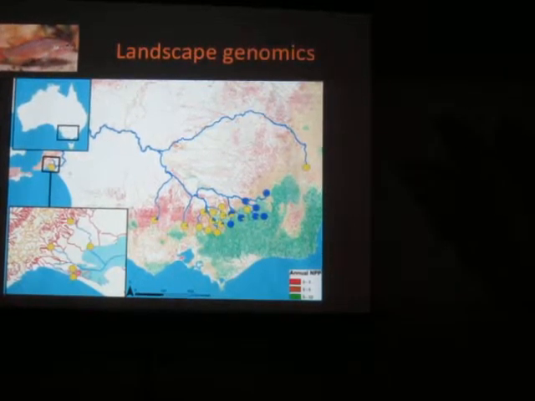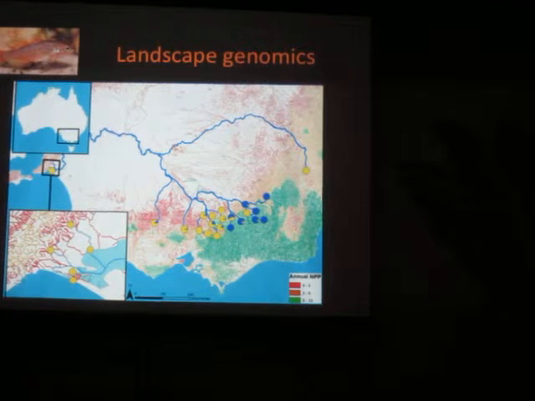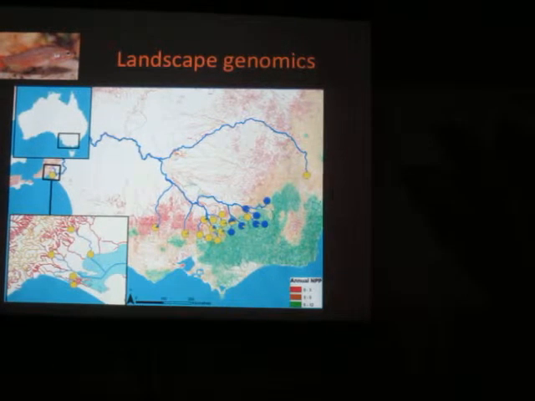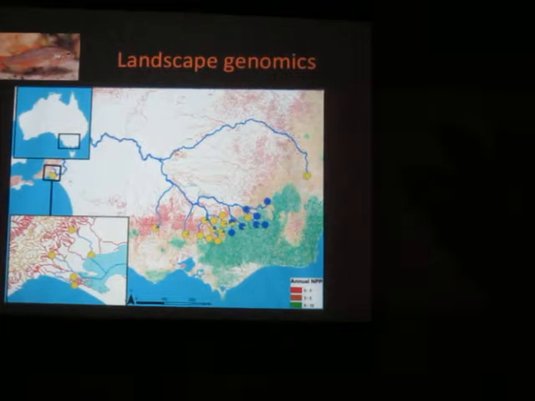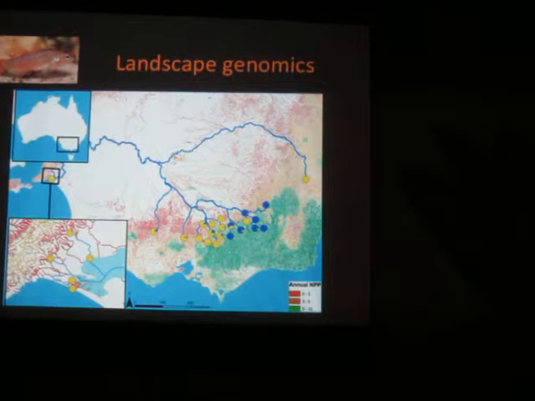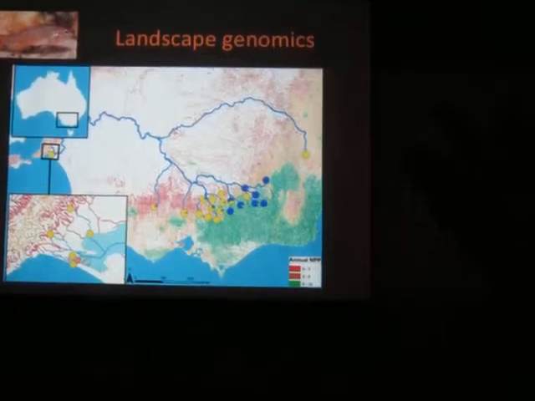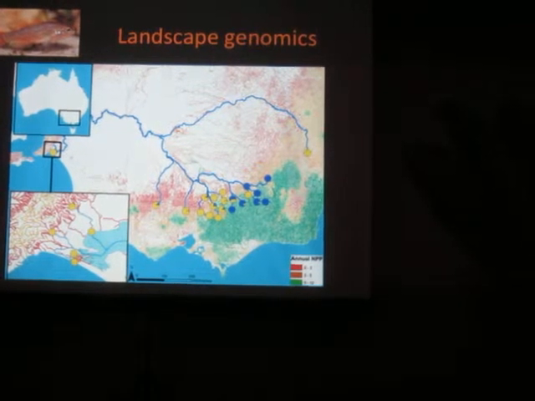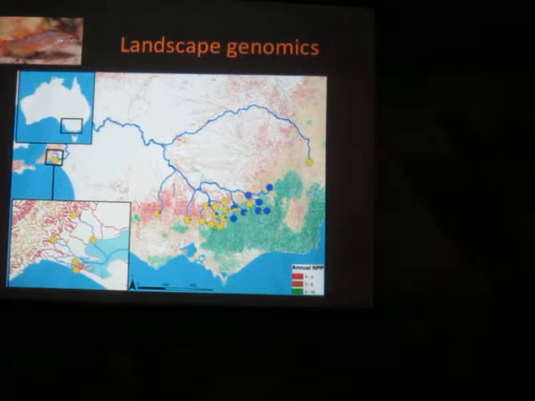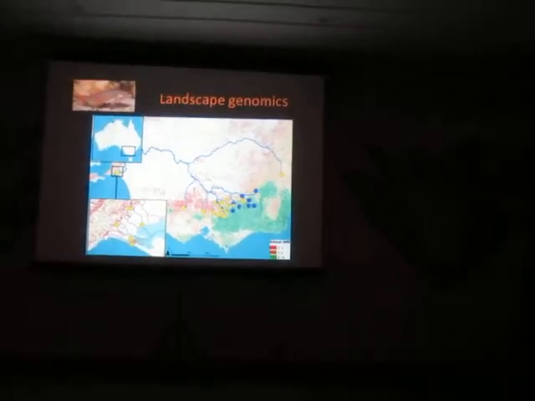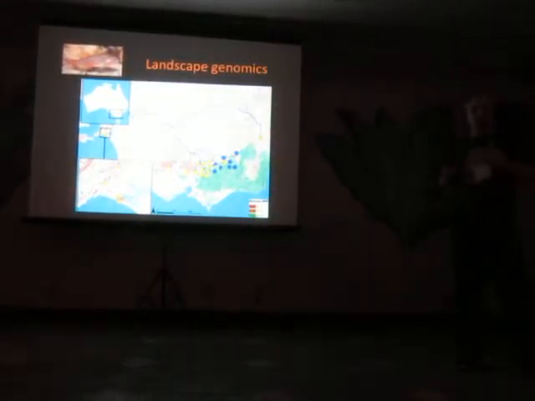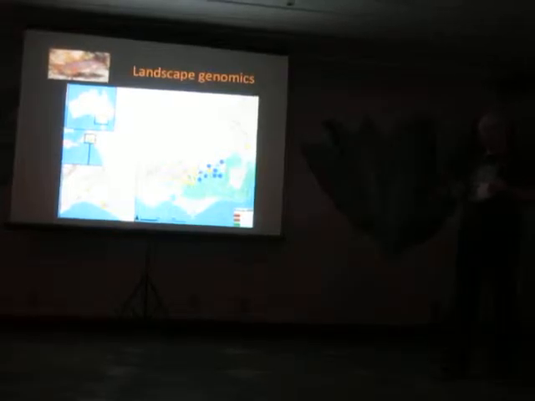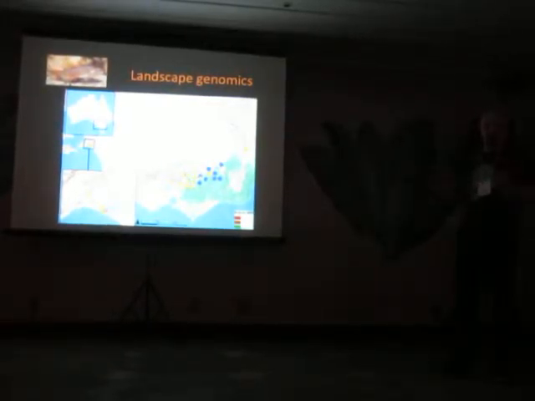So this approach is just the beginning, and the next step, as I said, we're doing some RNA-seq as well, and we also have access to a transcriptome from another local fish from the same family. And so once we get together a list of candidate loci, then we want to go to the next step and try to work out what the genes are doing that these markers might be linked to, and try and work out what's going on in the adaptive landscape, I guess.